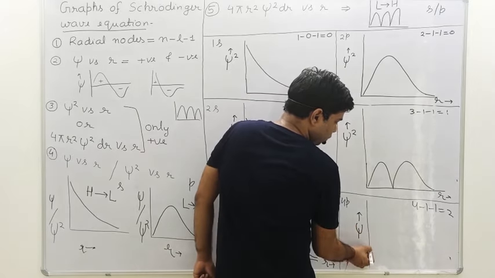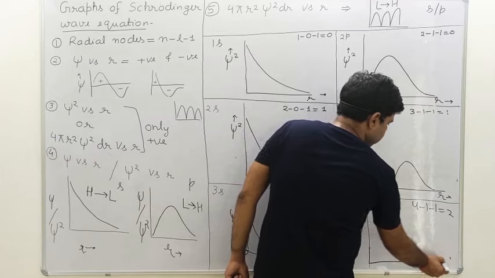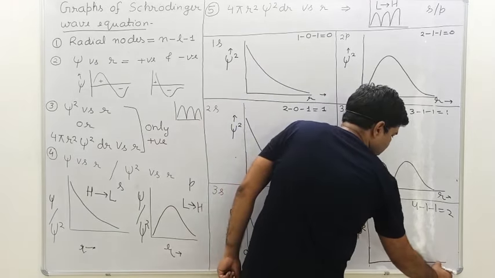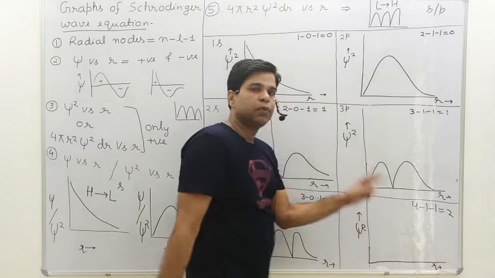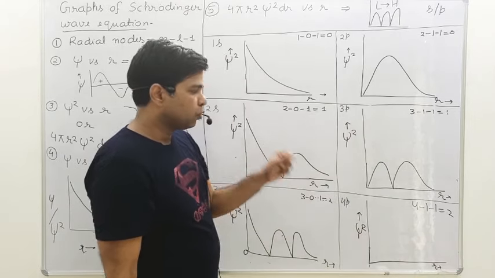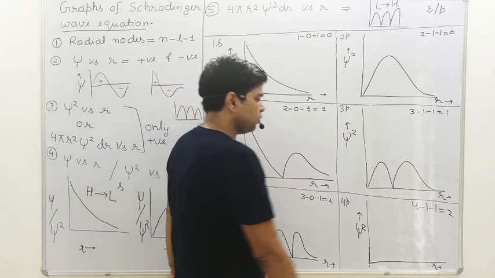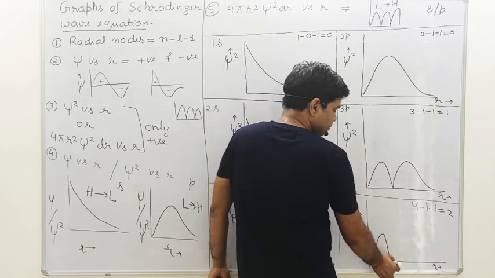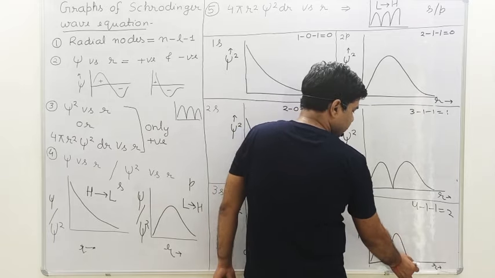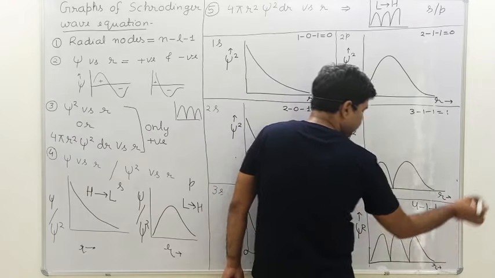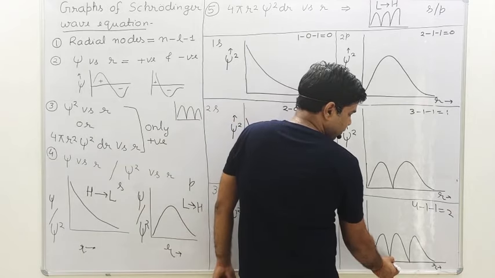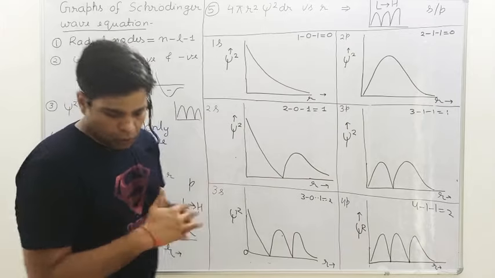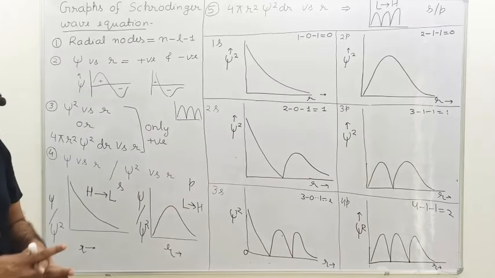Now when we have the graph of 4p, okay, now let's see the graph of psi square versus r. How many radial nodes we have? We have 2 radial nodes. So 2 times we have to touch the value of psi is equal to 0, and graph of p should be started from the lower. 1 time, 2 time and 3 time. Okay, only 2 times I make the psi value 0, which indicates we have only 2 radial nodes. Now take the screenshot student.